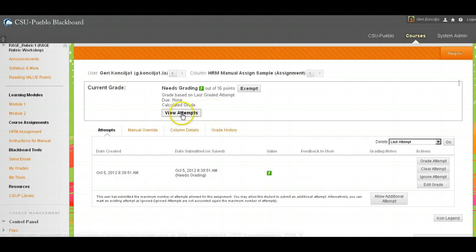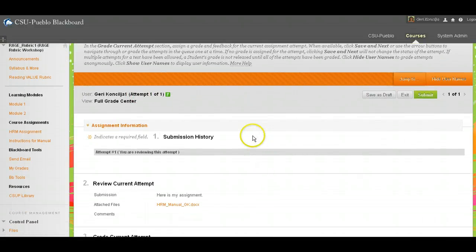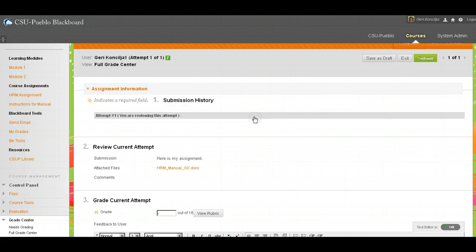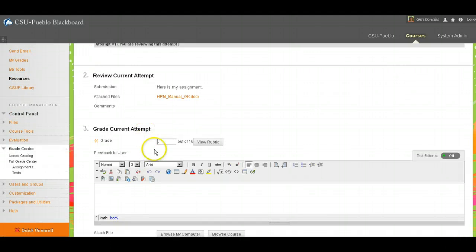Since we only have the one submission, we're going to view attempts. Click here. That will open up the student submission history, and I am going to scroll down, and here I see that the student attached a document right here, so I can open the document. And if I go down a little bit further, I can view the rubric. So if I click on the rubric, it's going to open,